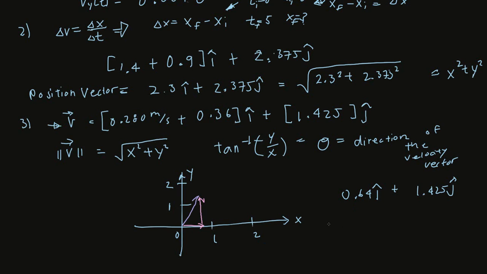So this is the magnitude, with Vx and then Vy, and if we want to find the angle or the direction, all we have to do is find that. We know SOHCAHTOA, so that's how we